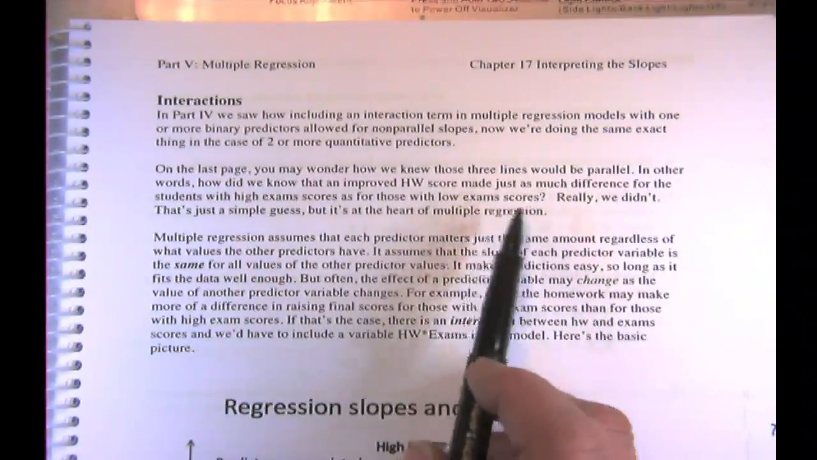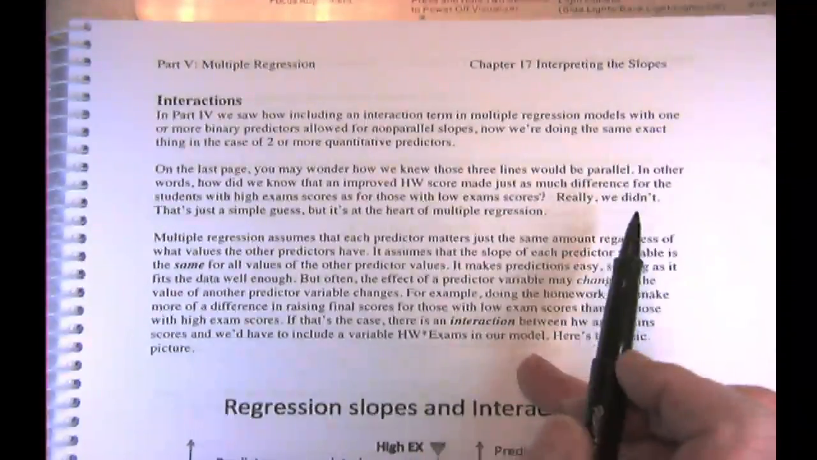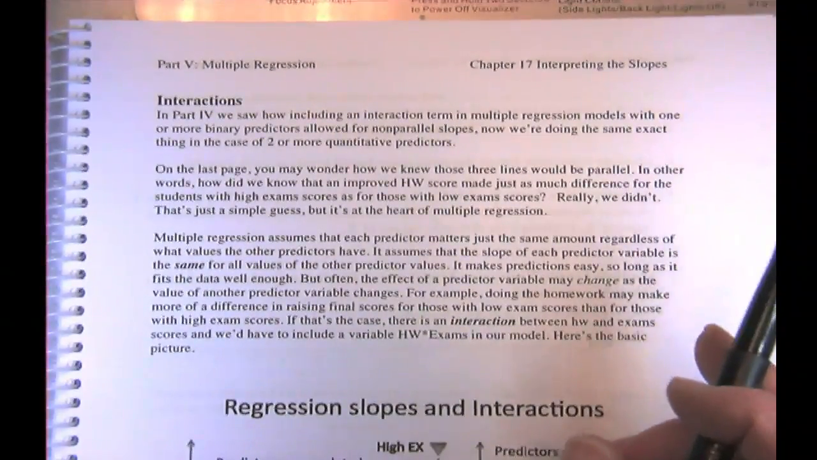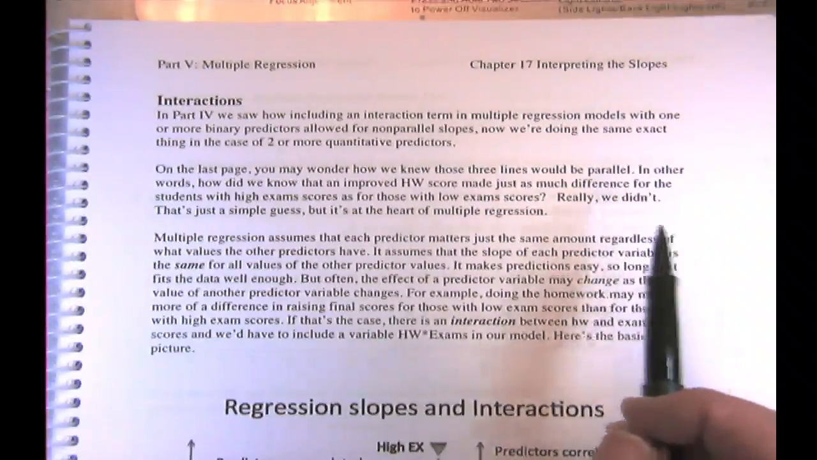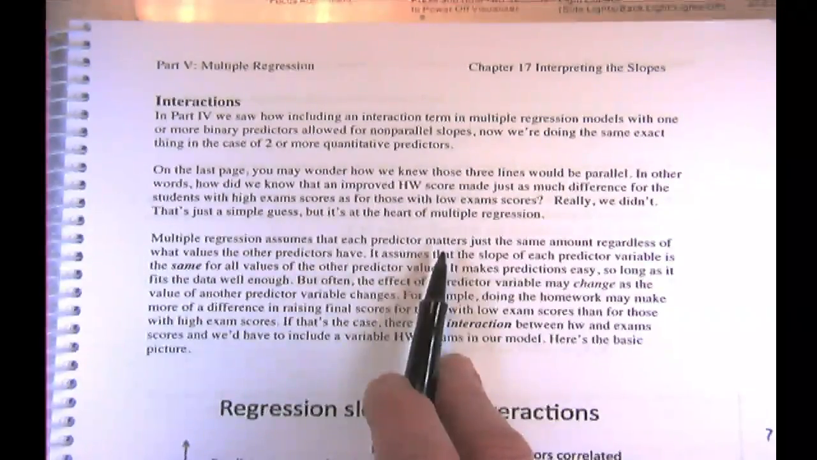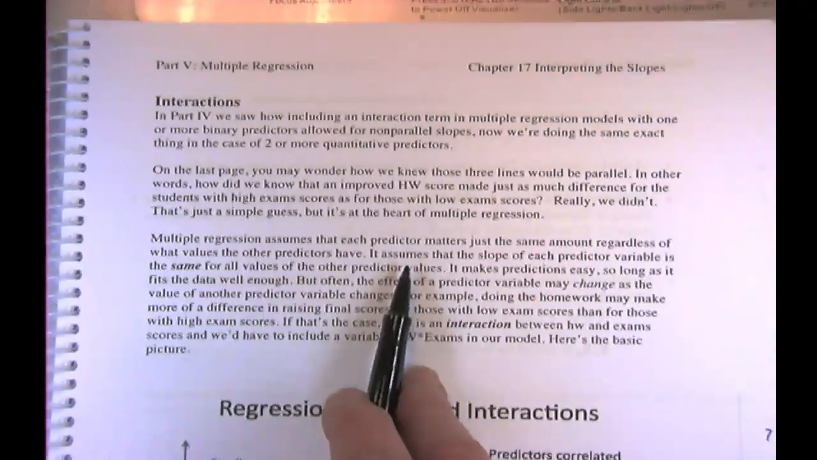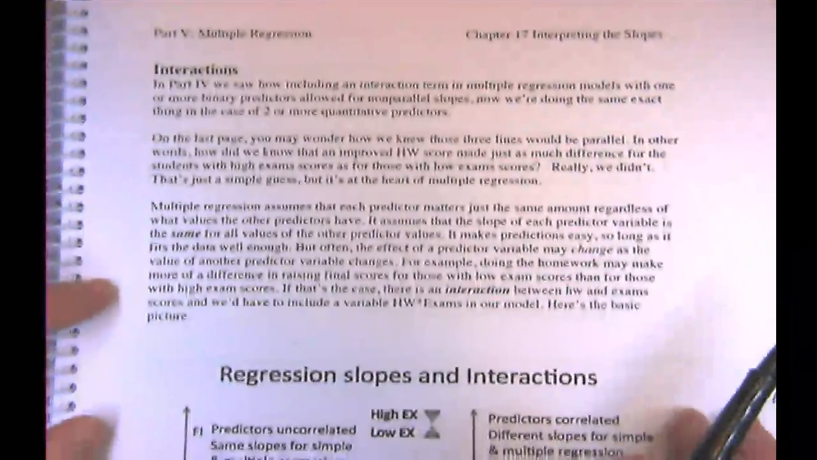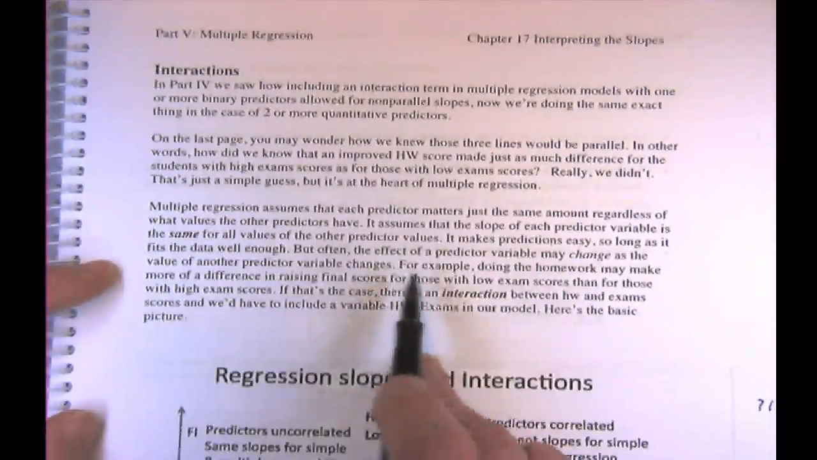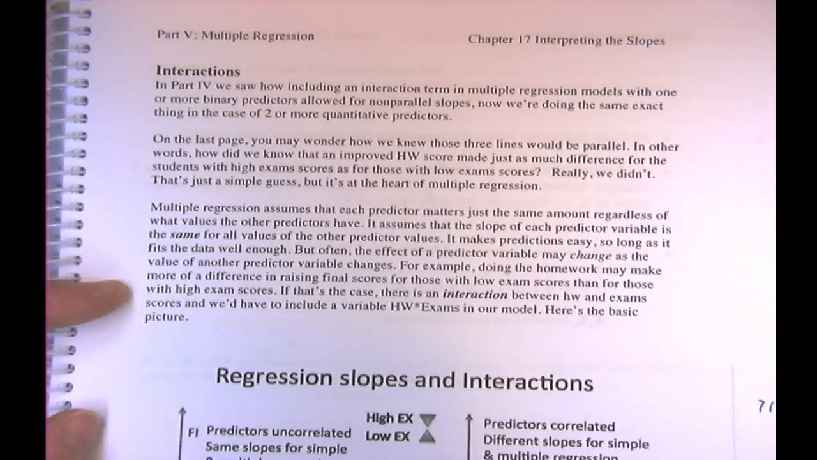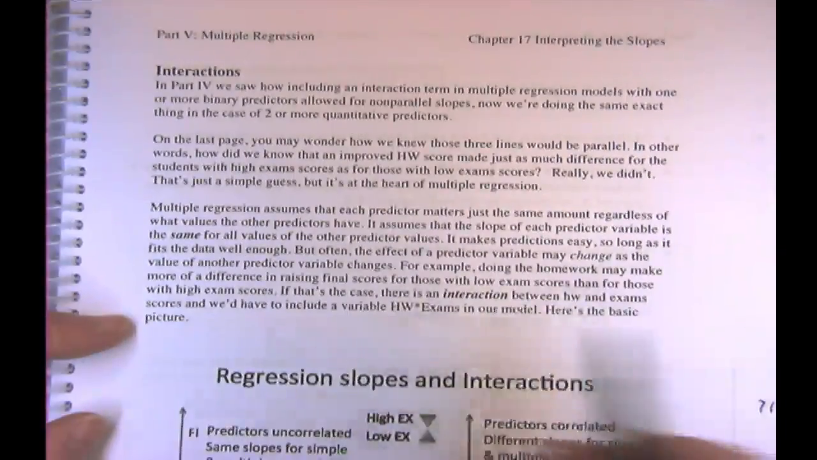What that's saying is that an improved homework score would make just as much difference for people with low exams as for people with high exams in terms of predicting the final, but that might not be true. Okay? So that's what multiple regression assumes, that each predictor matters the same amount regardless of what values the other predictors have. But sometimes that's not accurate. Often the effect of a predictor variable changes as the value of another predictor variable changes. For example, doing the homework might make more of a difference for people with low exam scores than people with high, or vice versa. So if it's like that, we have to include an interaction term,